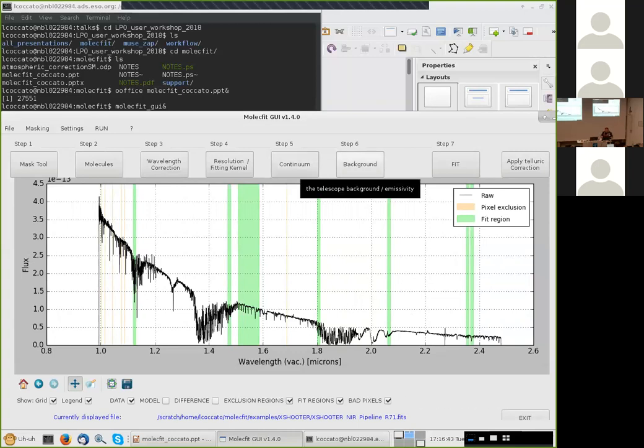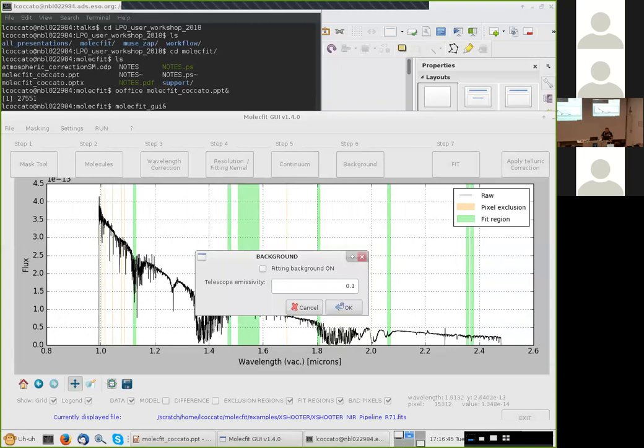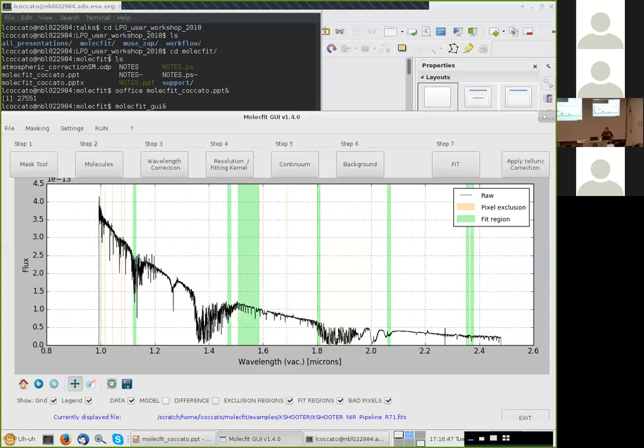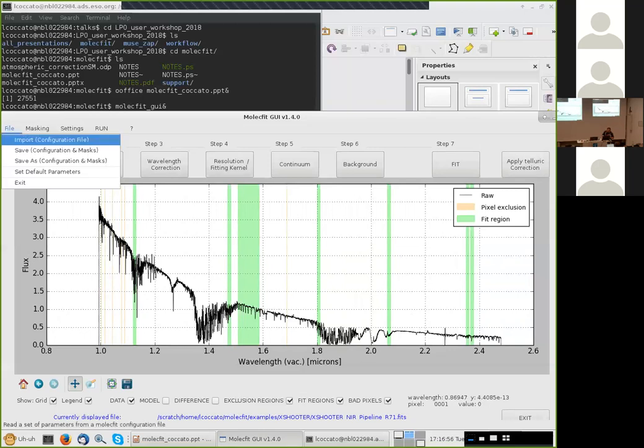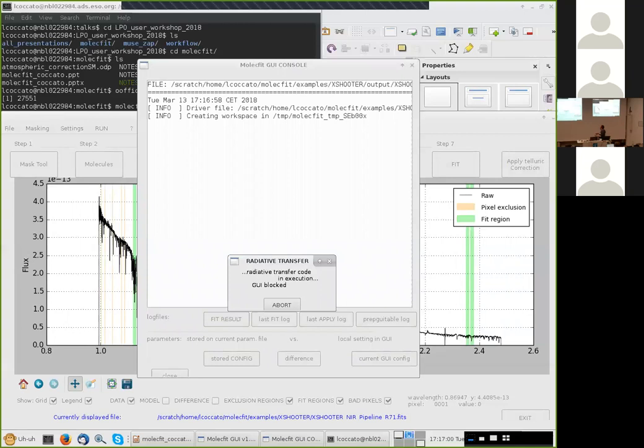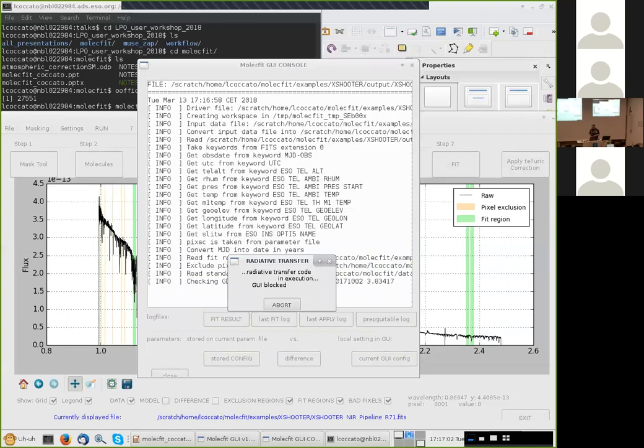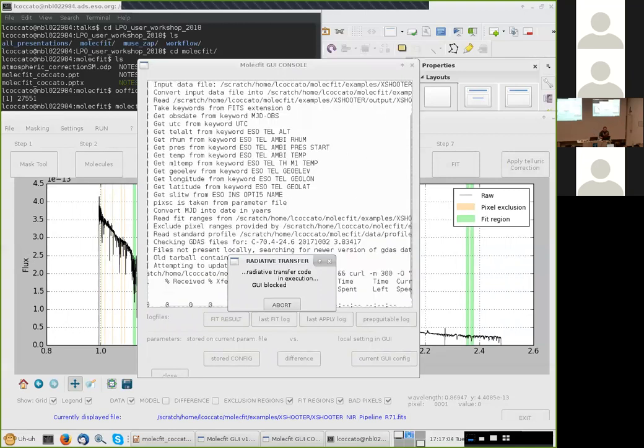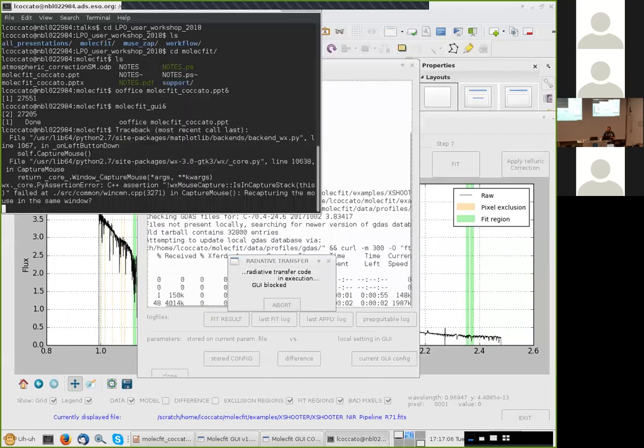Okay, continuum background, this is telescope background. Okay, it's not suggested for XShooter, so I don't want to fit it. Okay, now I'm set up and I start fitting. So I have to save the parameters first. Save everything, fit. Now it takes a lot of time to fit. In the meantime, I will not tell you a joke, but will enter a little bit more into details on this